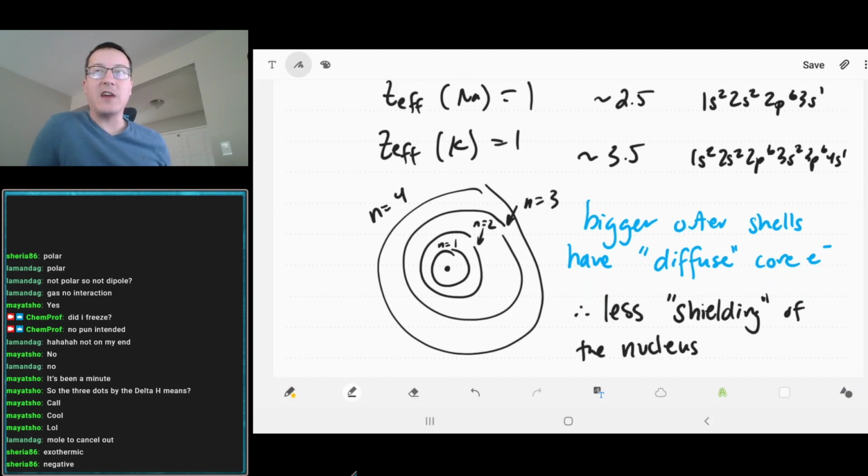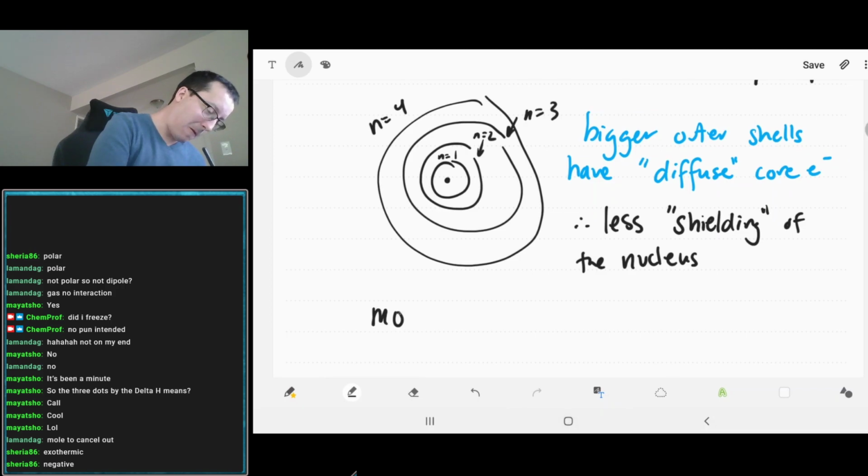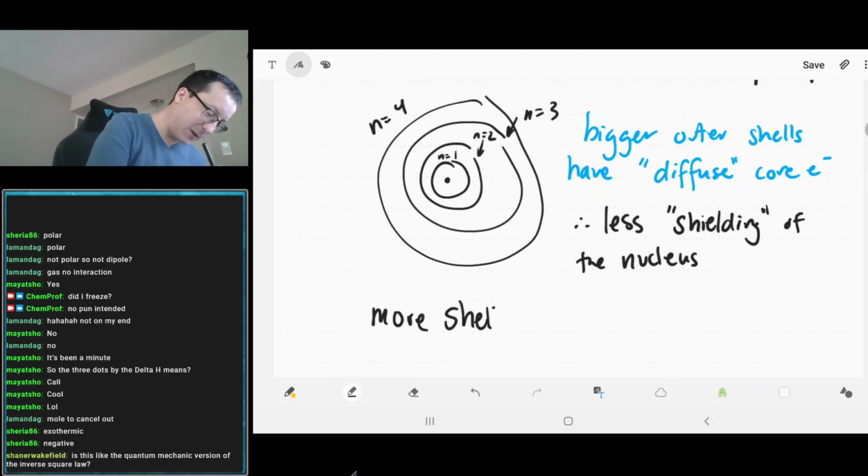We're not going to have to worry about using this in calculations, but what we want to understand is that the more shells we have,